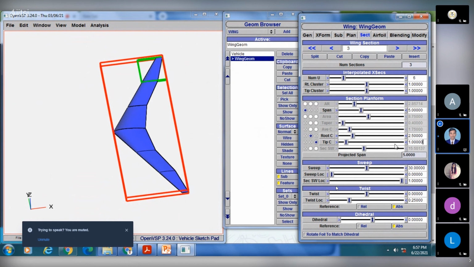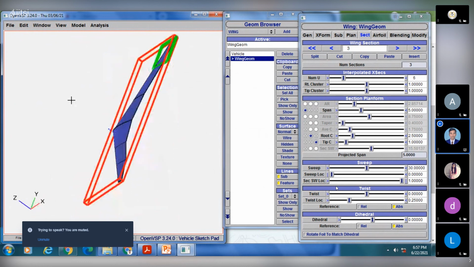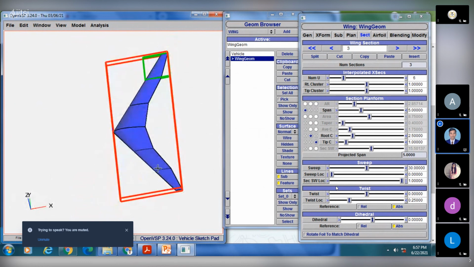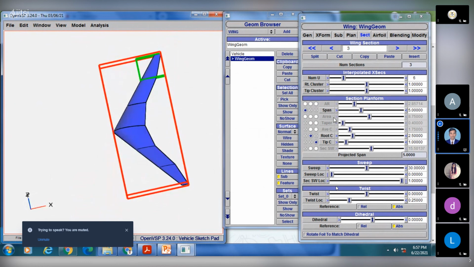Okay, let it be 1. And root chord we will maintain the same, that is 2.5. So this is our swept wing.